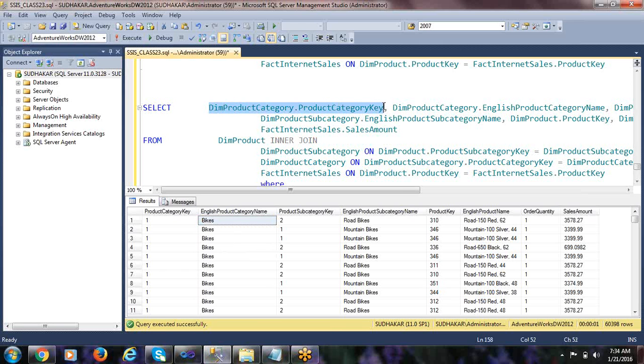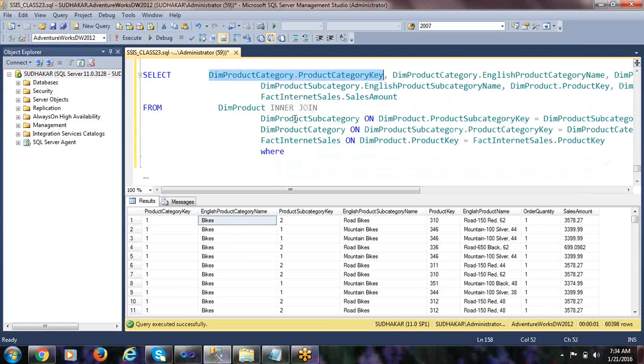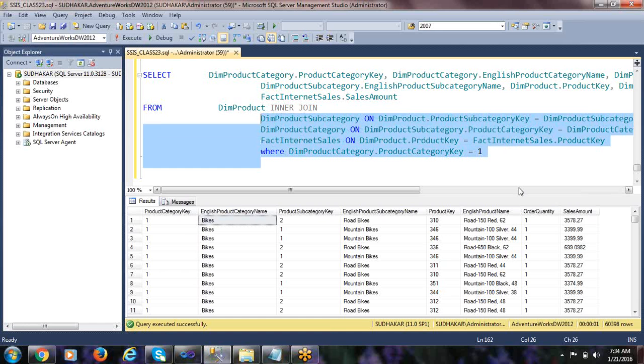Let me copy this column name, paste it here, is equal to 1. Now execute this. See, earlier you got 60,398 rows, but now you are able to extract 15,205 rows. So you have applied the where condition based on the product category key column.